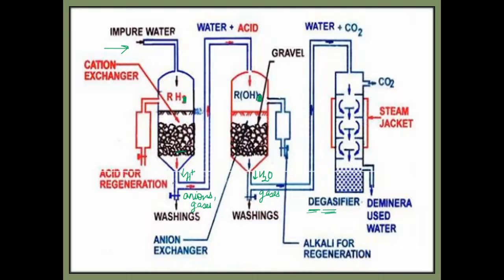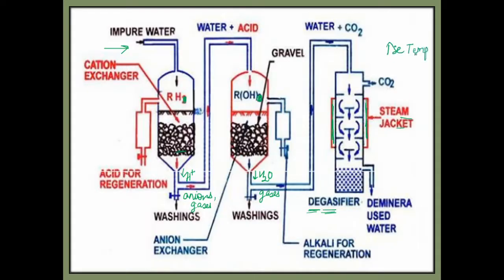So here in the first you are getting your soft water, in the second you are getting your purified water, and in the third you have to remove the gases dissolved in water, right? So the degasifier majorly has 2-3 portions to it. First one is obviously a steam jacket. So from outside there is a coil which is wound around the container, and it could be heated directly, or you can place a steam jacket wherein you allow steam to pass through it. Basically the aim is to increase the temperature.